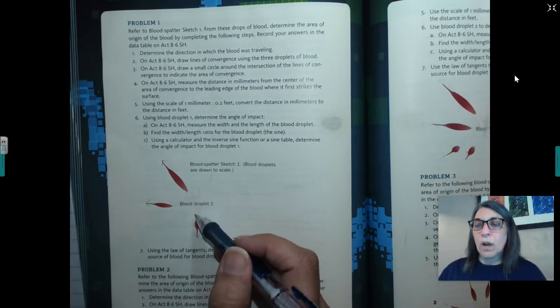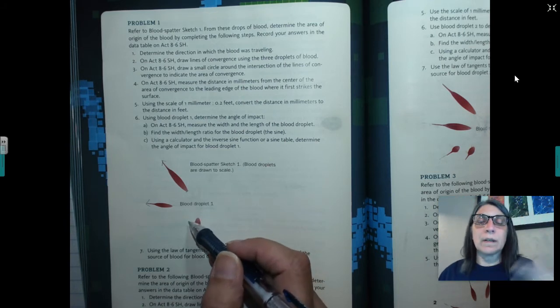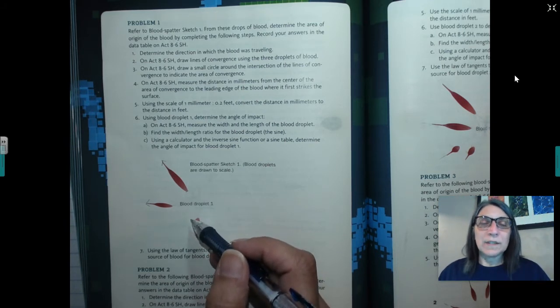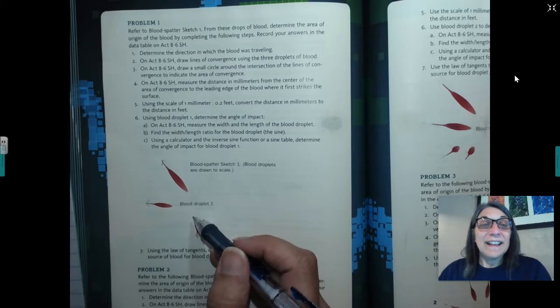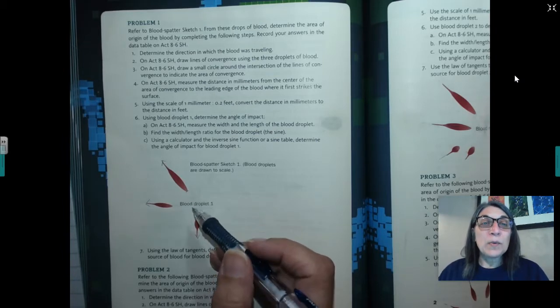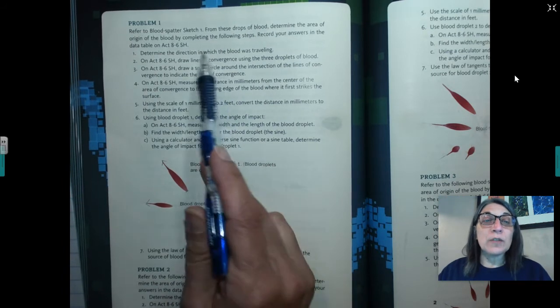So there's some different scenarios that this spatter could represent. Sorry, I'm getting tired. Anyway, so the first thing we want to do is we're going to draw some lines